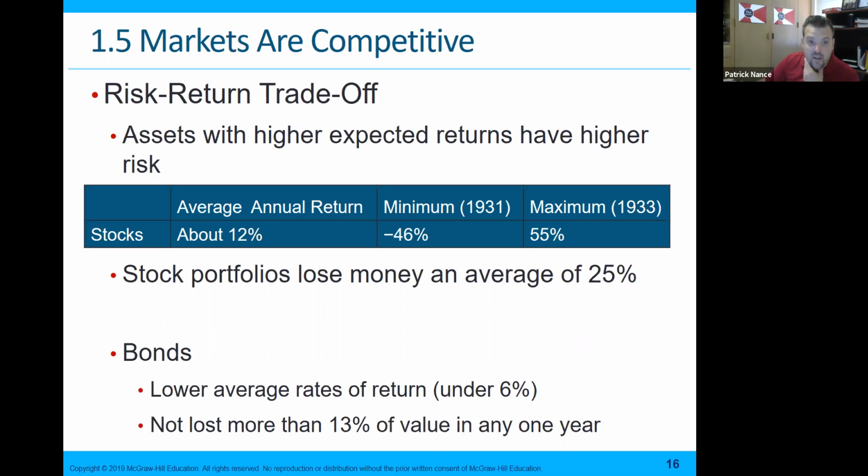All right, risk return trade-off. So actual or realized returns, I'm going to start over. Financial markets are really competitive. So you're looking at people who are continuously analyzing and looking at stocks and estimating what they think their return is going to be and all that kind of stuff. But if we assume there's an efficient market, that would mean that generally speaking, returns should follow a risk-reward trade-off. The higher the risk, the higher the reward, and the lower the risk, the lower the reward. So assets with higher than expected returns have a higher risk. In stock portfolios,